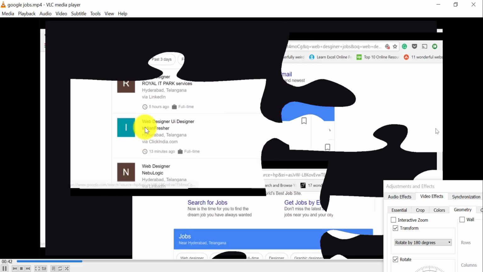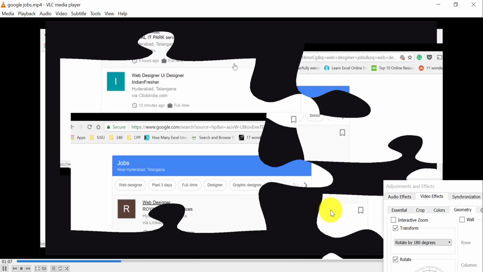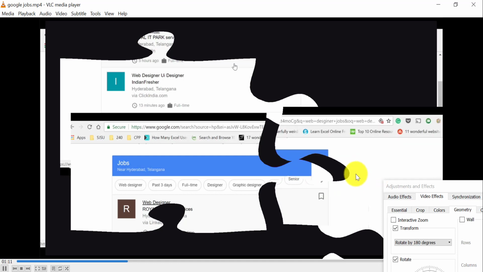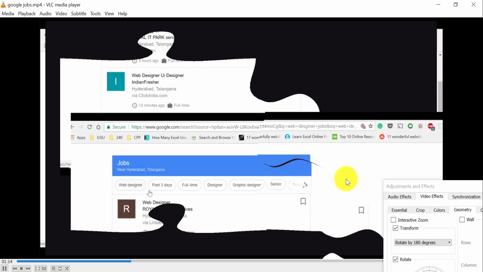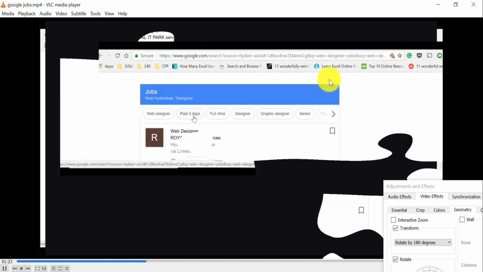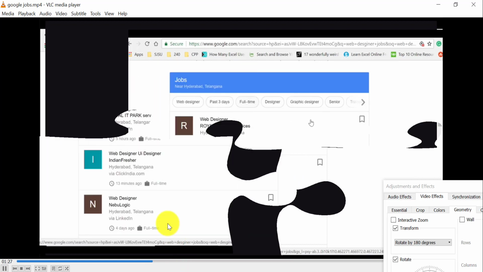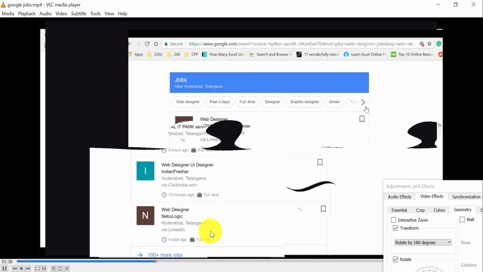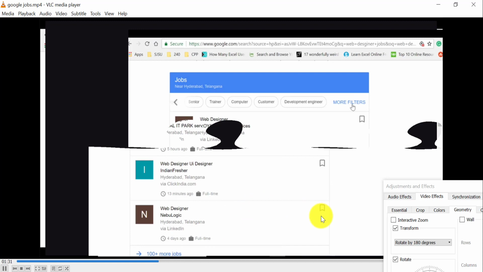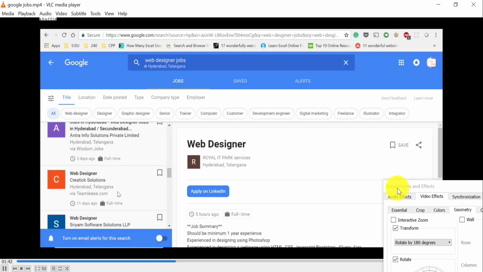Now you need to clear the puzzle or complete the puzzle by dragging the parts and matching them. So you can move each individual part of this puzzle game and make a selection. Whenever you found a selection or whenever you found a match, just bring those 2 parts together and they get attached, and you can move them as a single selection. So these are the 2 parts which are left. Let me complete this game, and you could see that these are 2 parts completed as single selection and they can be moved separately. And here is the other 2 parts. So this is a way to create a puzzle game.